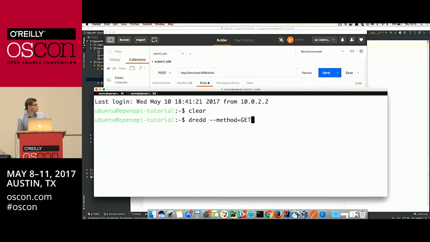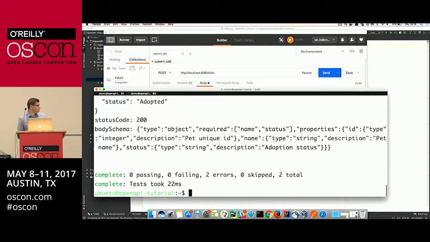So here, for now, we're just going to test the get methods. In order to test puts and posts, Dredd provides a framework to create hooks where you can populate data in your database to do a whole flow of testing. But for this example right now, we're going to test just the get. And if you run Dredd,